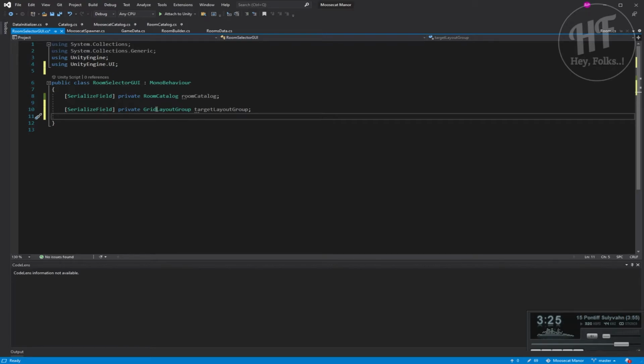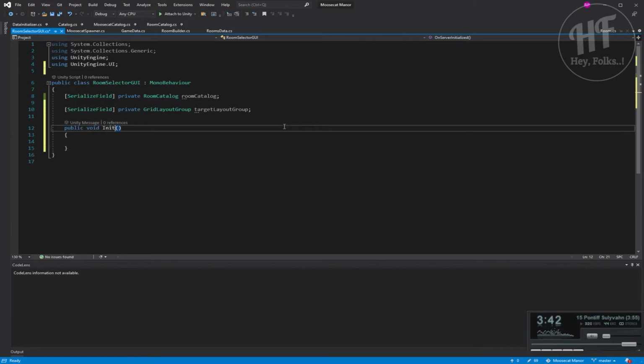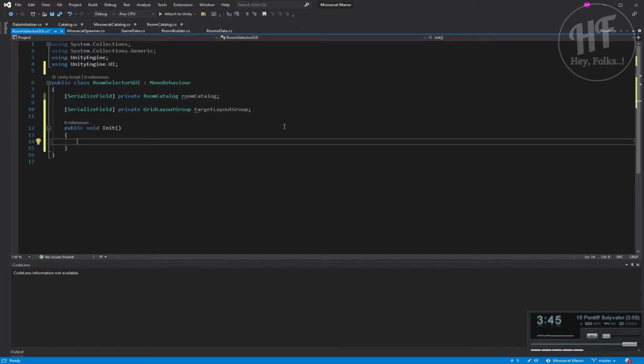Because none of this in particular could exist without any other part of it, without some sort of forethought in the future. But that's for the future, right? Void init. Of course. I should really get around to at least making that an interface of some kind. But I digress. So on the initialization stage for int i equals 0, i is less than room catalog dot products dot count